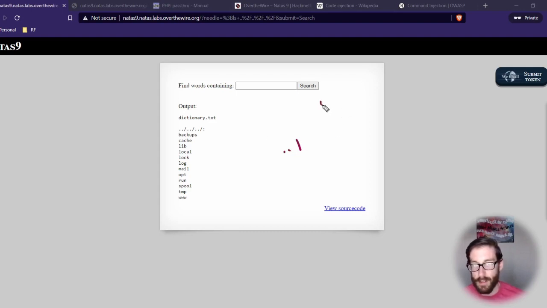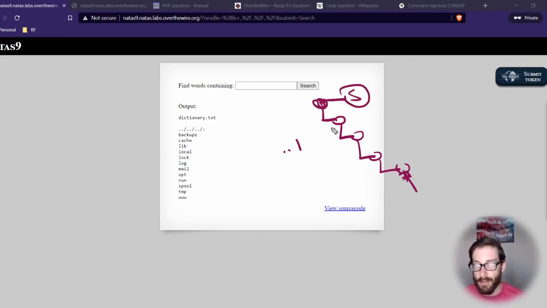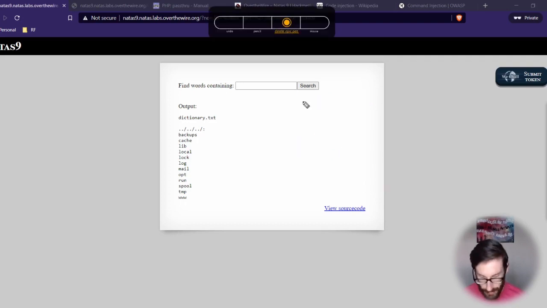So imagine you have a tree, right? You have an item here, an item here, an item here, an item here. Say we're here, this is where we're located, and we want to get to here. This is the goal, and inside of here is our secret. To get back every single level, we need to include a dot dot slash, a dot dot slash, dot dot slash, etc. And that's going to take us up the tree and get us to where we need to go.